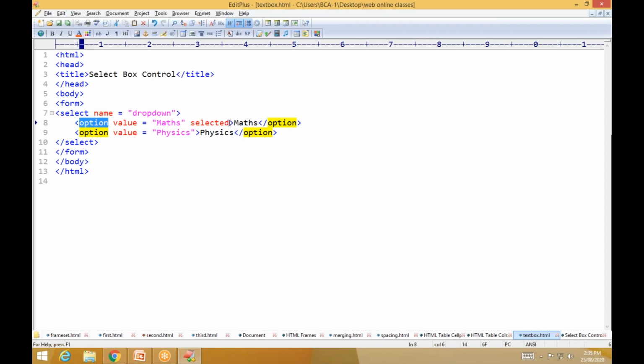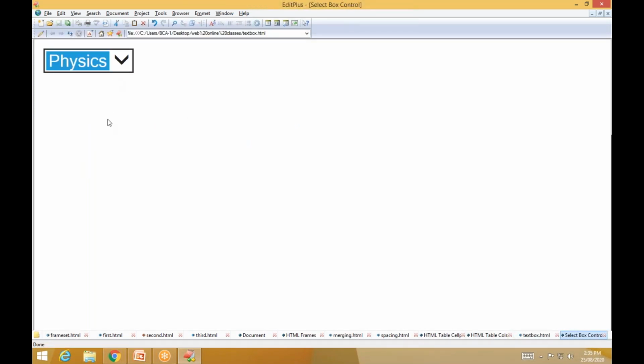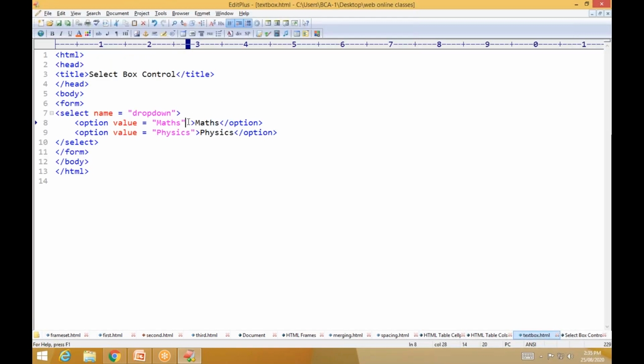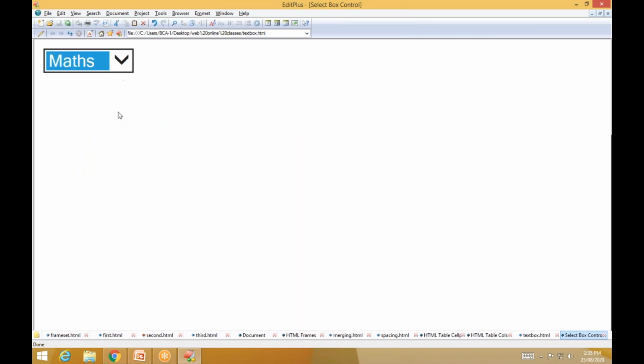The first one is selected. If you want to remove this, save, and the default is anyone you can select. Then maths and physics. After that you have to close the select. So this is how you create a drop down list in HTML.